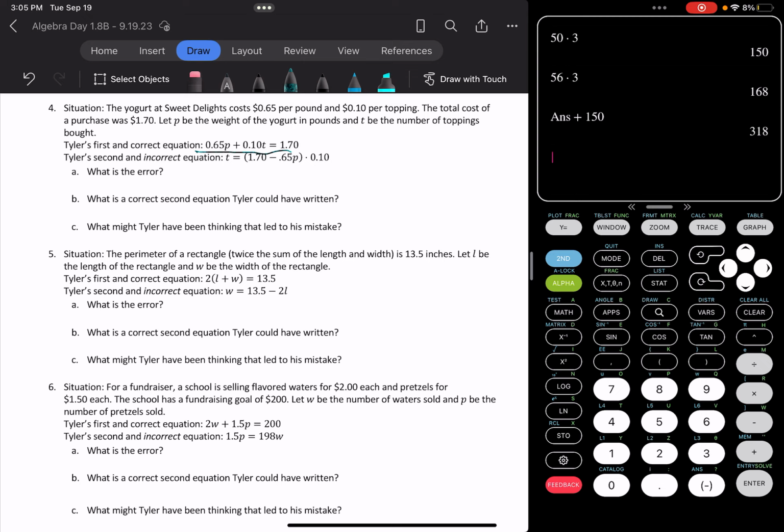What is the error? So in this case, it looks like he moved the 65 cents to the other side, so that part is good. But then instead of dividing by 10 cents, he multiplied. So he did the wrong operation here, okay? What is the correct second equation? The correct second equation would have been T equals 1.7 minus 0.65p divided by 0.1. And again, you can simplify that and do 1.7